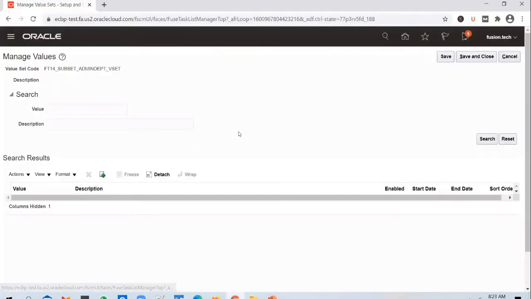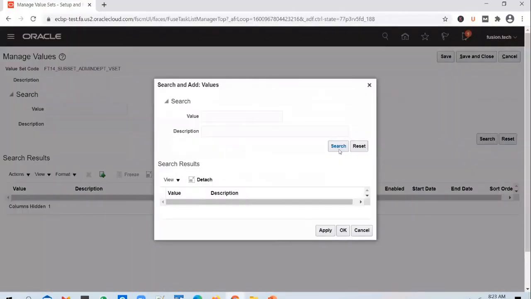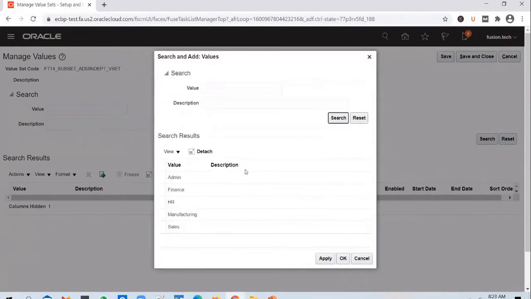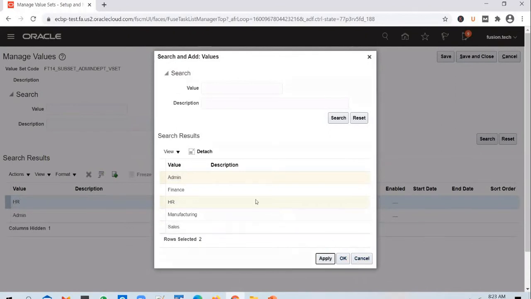So if I click on this, it will show me the values that are there in the independent value set that you have selected. So you have selected the independent value set, and in that there are 5 departments, right? So that's why it is showing all 5 departments. You select only the admin related ones. Say for example, HR and administrator, you select those 2 and click on apply. So out of 5, we are selecting the admin departments and including them as part of this subset value set. Out of 5, we are selecting only 2, which is nothing but a subset. So that's why it's called a subset value set.